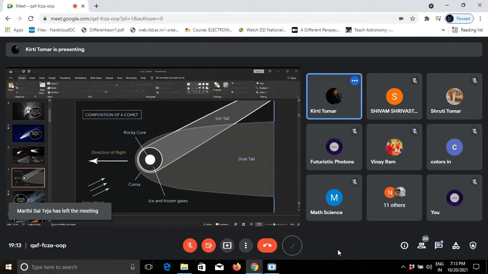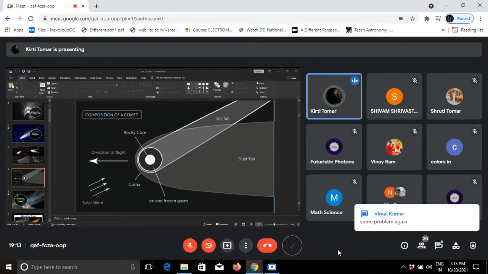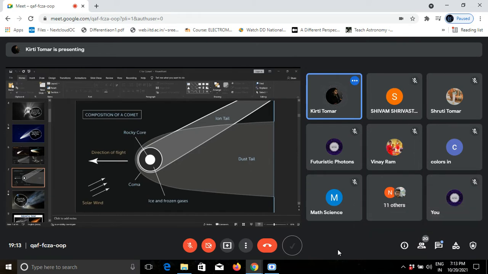Okay, so now, why do we need to study comets? The main question which blows our mind: why do we need to study comets? Because they are primitive bodies left over from the formation of the solar system. They were among the first solid bodies to form in the solar nebula, the collapsing interstellar cloud of dust and gas out of which the sun and planets formed. Comets are the reminders of material formed in the coldest part of our solar system.